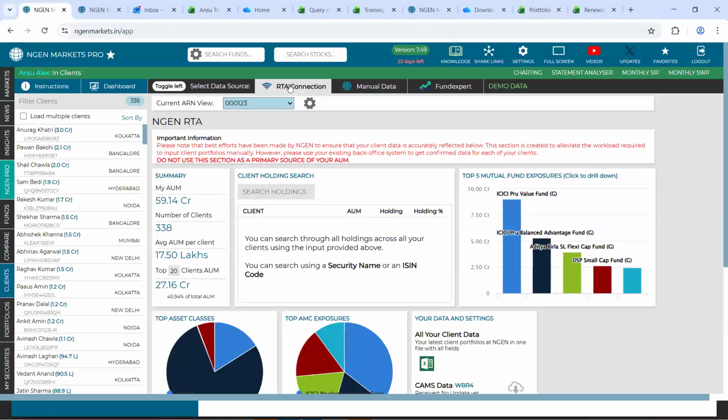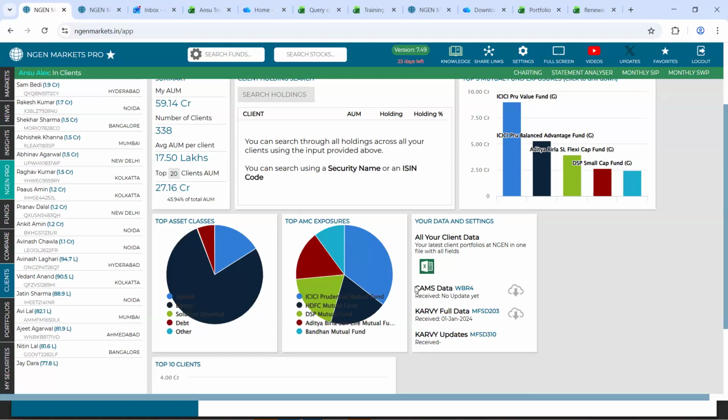So this is a backend integration, which we provide for all our premium and pro users, wherein we will be setting in certain filters and forwards onto your registered mail ID for your ARN, and we will retrieve two files from your mailbox. So for CAMS, it will be WBR4, and for Karvy, it will be MFSD 203 and MFSD 310.